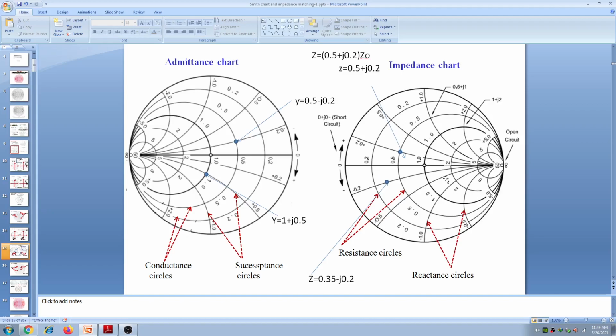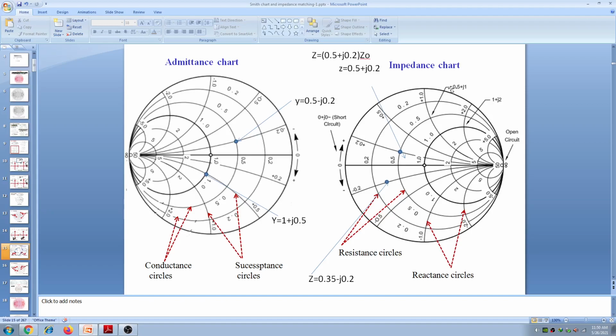See like this. Okay, so there are impedance circles and reactance circles. And admittance circles like G circles are there, and susceptance circles are there. Conductance circles and susceptance circles, resistance circles and reactance circles. Okay, so I have shown here the conductance circles and susceptance circles, and here the resistance circles and the reactance circles. Actually on the Smith chart, these four circles are overlapping. See, this chart and this chart are overlapped on the ZY chart.